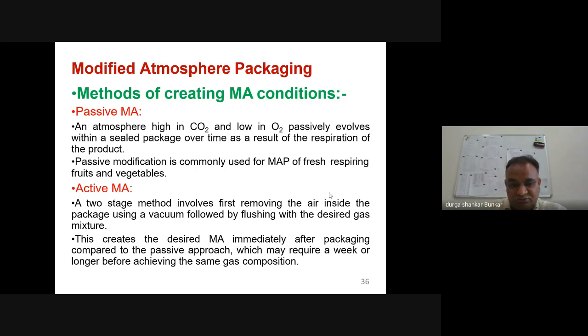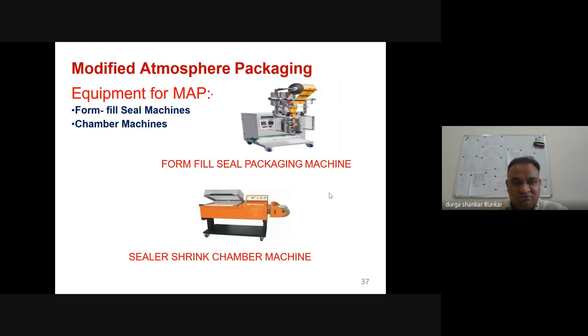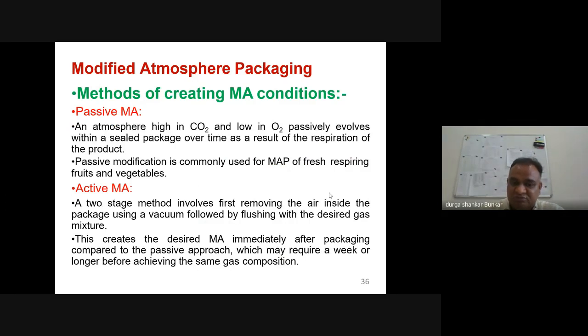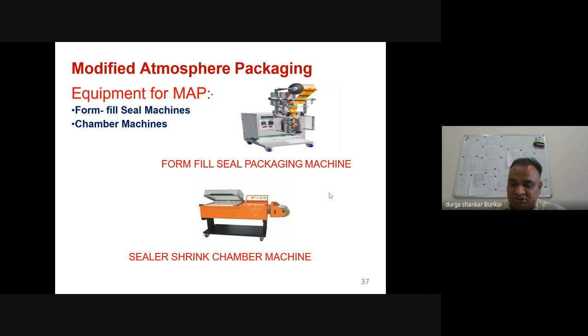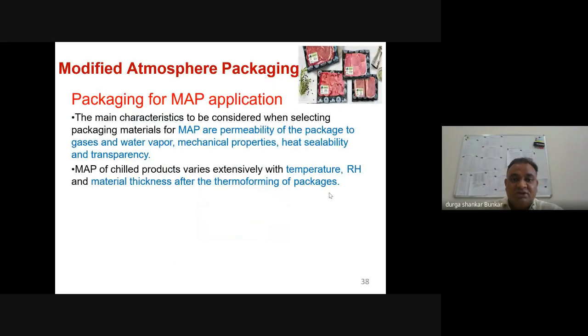according to passive or active mode. If we go for the equipment for MAP, the form fill seal machine is an example of this, and another one is the chamber machine. In the chamber machine, basically we initially create the vacuum, and then we go for flushing the desired gas, like the active type. Simply, then packaging of MAP application, there is some important